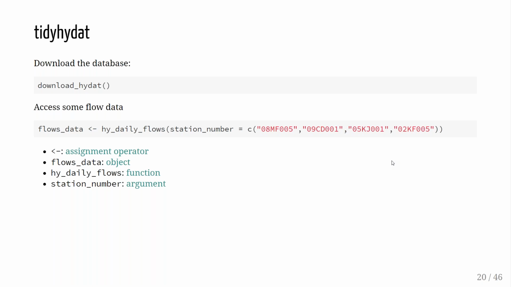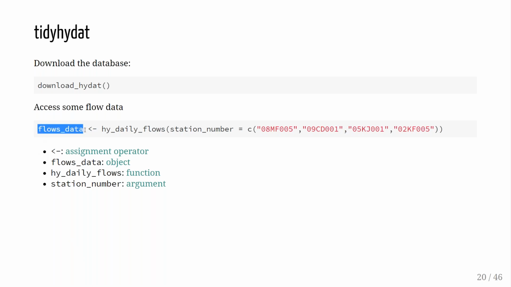We have different formats for the weathercan and tidyhydat station numbers. Some of them are the Water Survey of Canada station numbers, which I'm sure many people are familiar with. Those are what drive the data we extract from the database. But if we look at this in an R sense, moving from left to right,